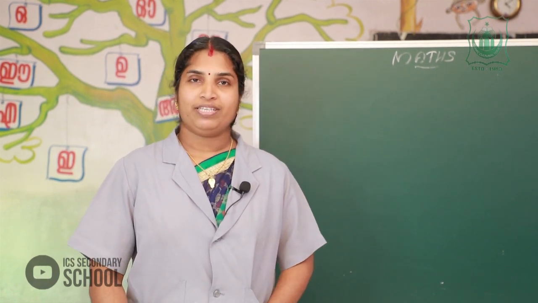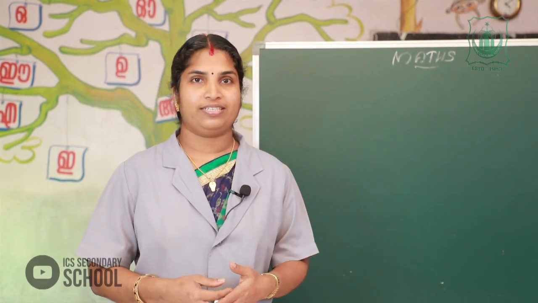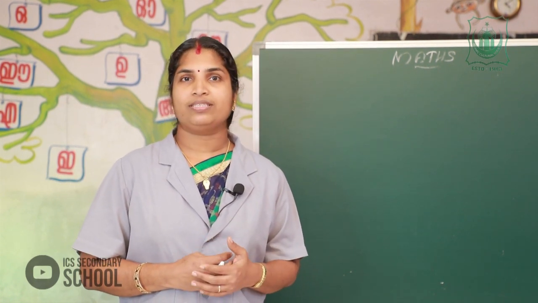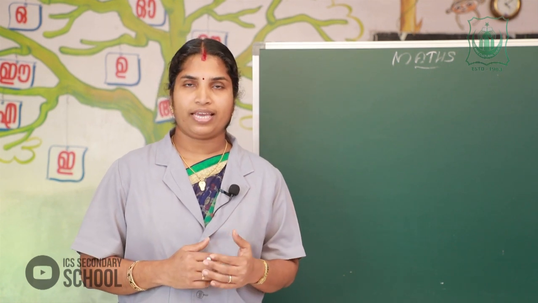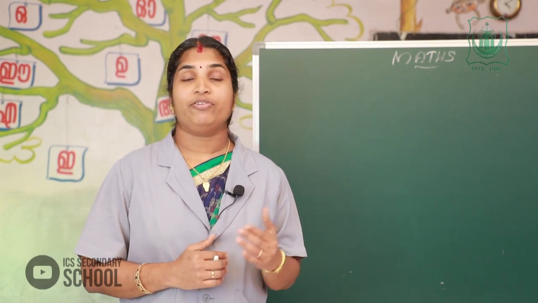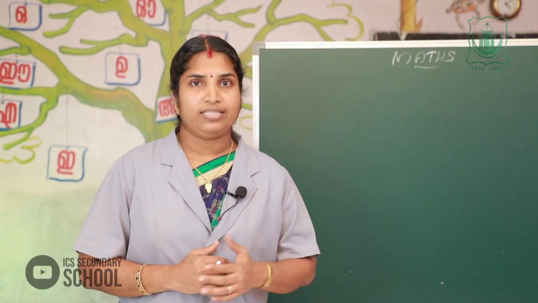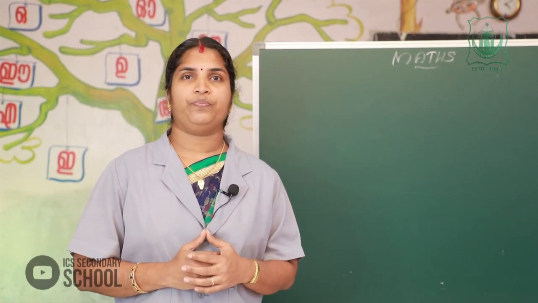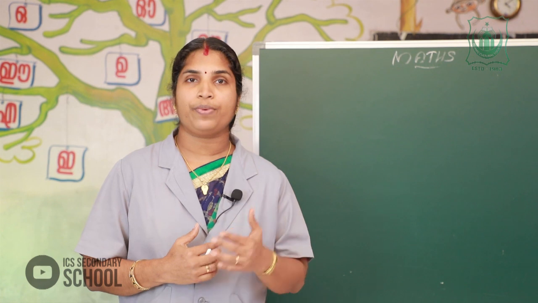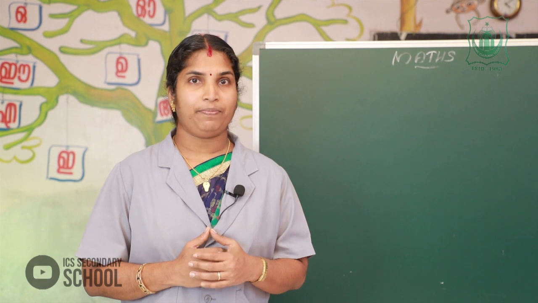Okay, in the previous class we already studied different types of numbers: natural numbers, whole numbers, even or odd numbers. Today we are going to study our first chapter, numbers. We already learned the digit and place value. What is a digit? A digit is a single symbol used to make numbers. Next, place value. Okay, please listen.